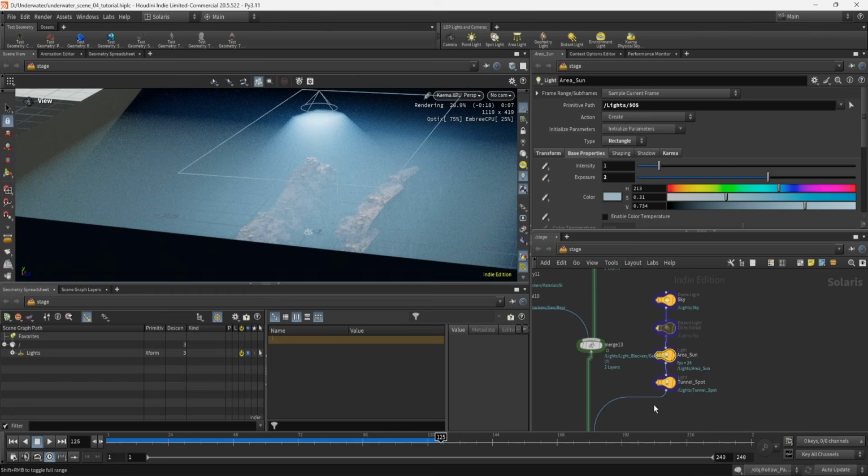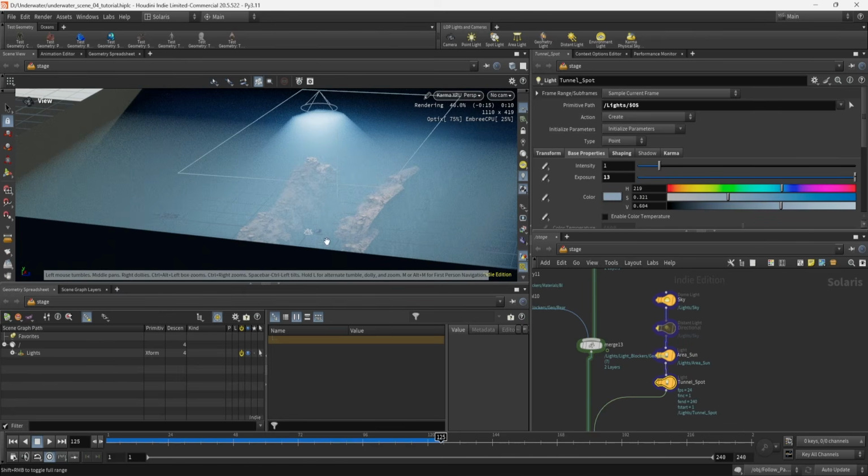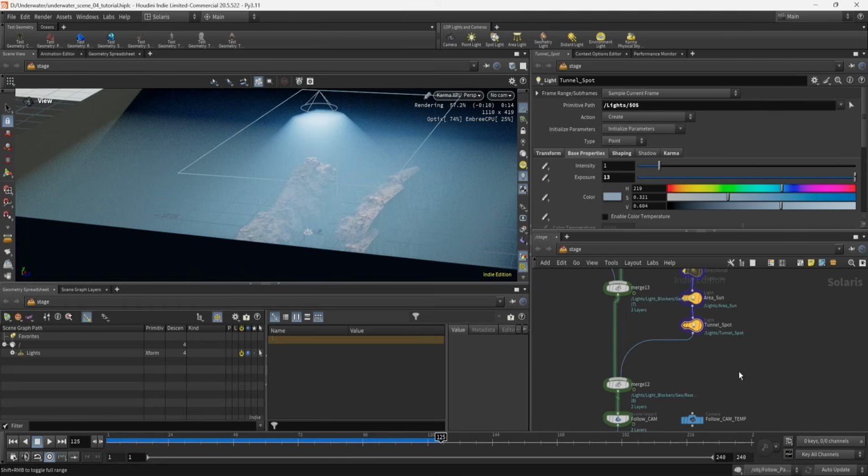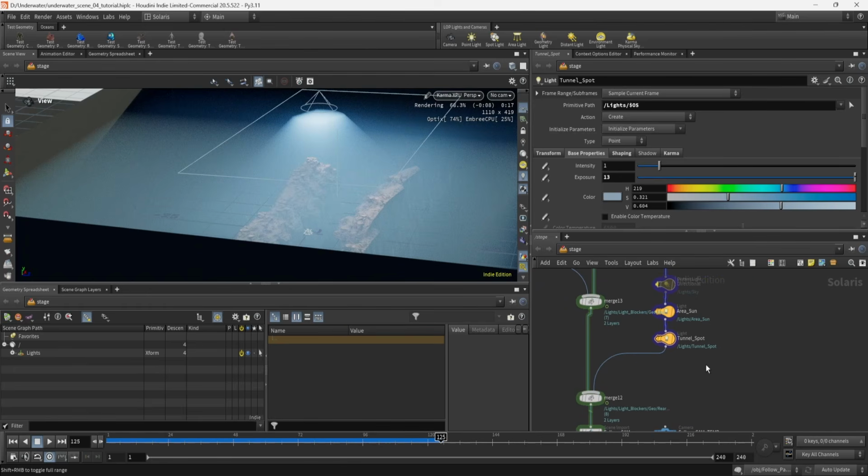It's a good idea sometimes. And I just added this sort of light at the end of the tunnel spot to help tell a story and give the image a little bit of points of contrast that would show the sub. I also, on these lights, did something which we're going to talk about in a minute, which is